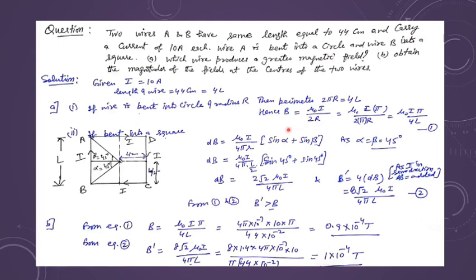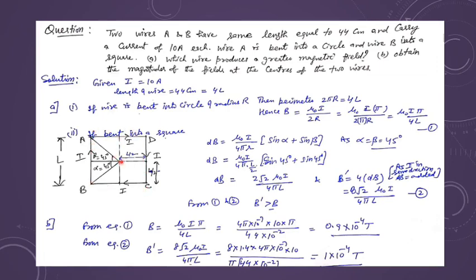Second case is we are bending it in the form of a square. So in the square there are 4 wires and the direction of current I have shown. If you take this at the center, because of the current you find the magnetic field, because of all the currents you are getting it in the inward direction. Same direction, so all the magnetic fields are to be added. So if I find because of one side of this wire, I can simply multiply it with 4 to get the total magnetic field at the center.